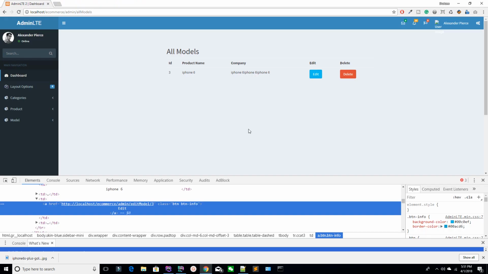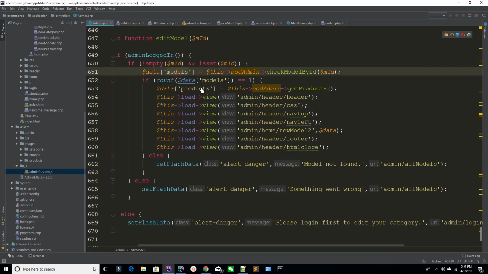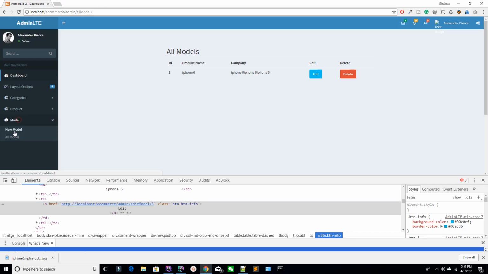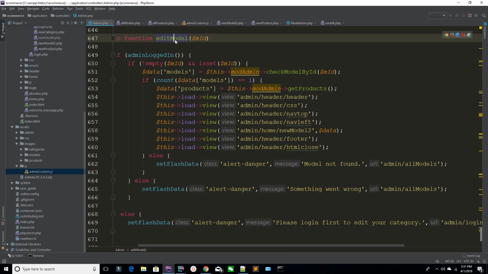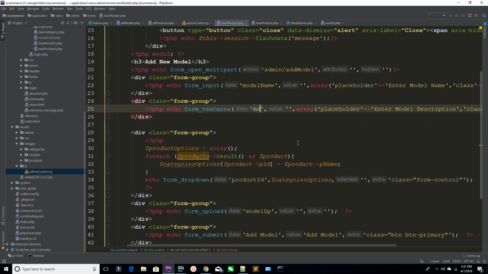Okay, so now you are receiving all the data inside your models. So open what you need, you just need to update this method. Why? Because this view is also available at this method. Okay, you can see new model, because you can change this model. So before changing this model, you can open this file, because we are going to copy all the content from